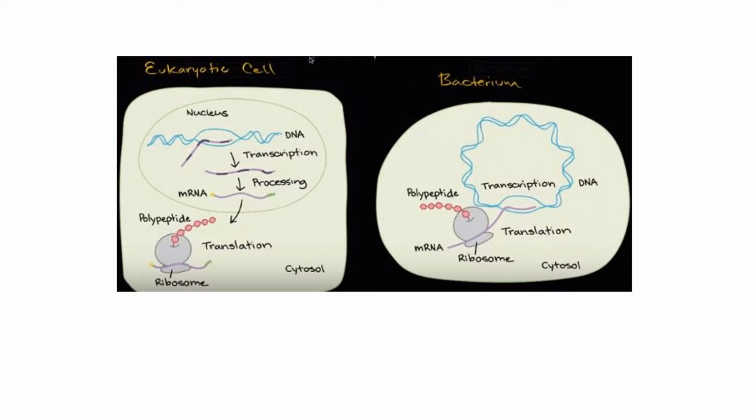In the image on the right side, you can see that an RNA transcript that is being produced in a bacterium can begin to be translated even before the transcription process is complete. That is because there is no spatial separation between where the DNA is located and where the ribosomes are located in a prokaryotic cell. That's not true in a eukaryotic cell, the image on the left,